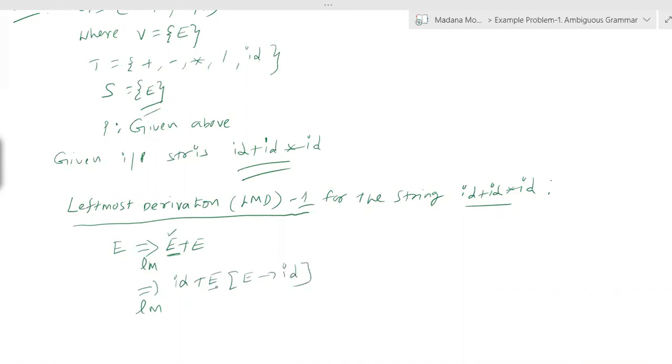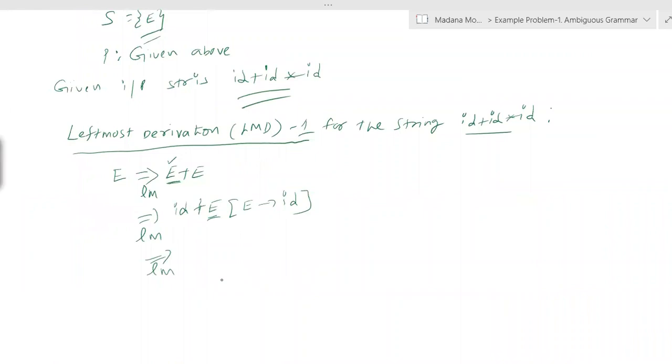So in the next step, we have only the variable E. Now in place of E, you can substitute other useful productions. Now we derived id plus, the first two symbols of the string. Then what we want is id into id. But if we substitute E directly by id, further we can't get into id. So you can substitute the multiplication production in place of E. Then what you get here is E substituted by E into E. The substitution production we used is E derives E into E.